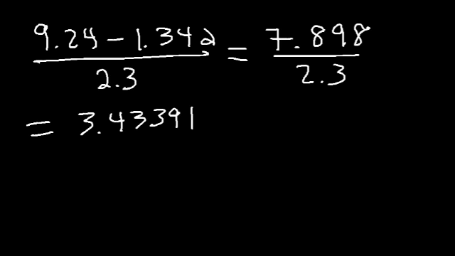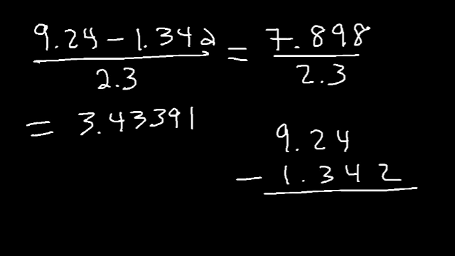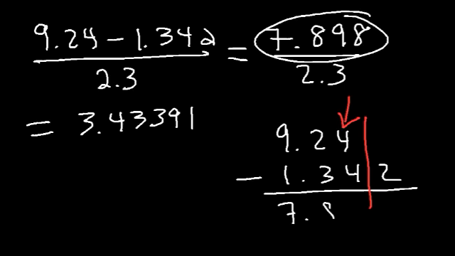So since we perform subtraction first, we need to line it up. So if we draw the line, we could see that the hundredths digit is the least significant number. So that's where we have to round. So if we were to round this value, notice that we have to round this number up because 8 is greater than 5. So to round 7.89 up, it's going to be 7.90, which means after subtraction, you get a number that has